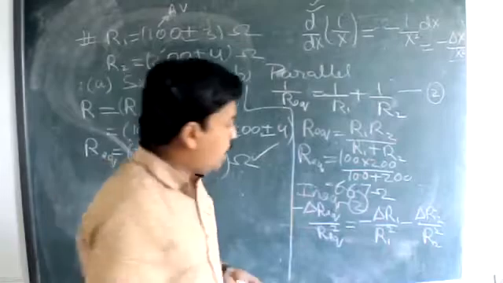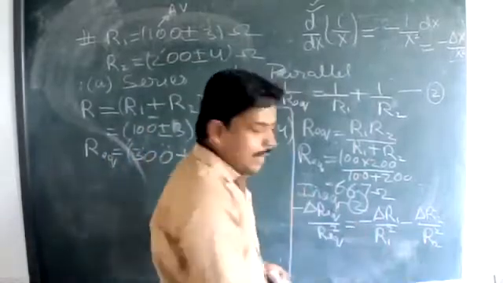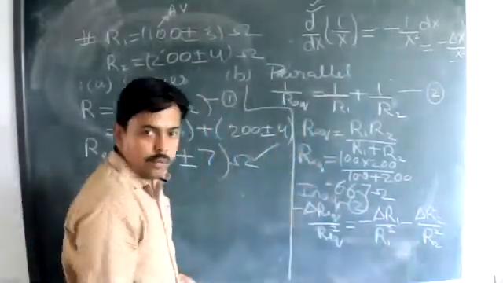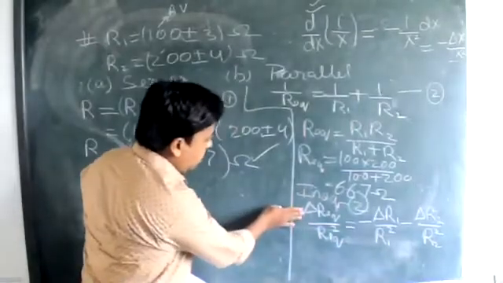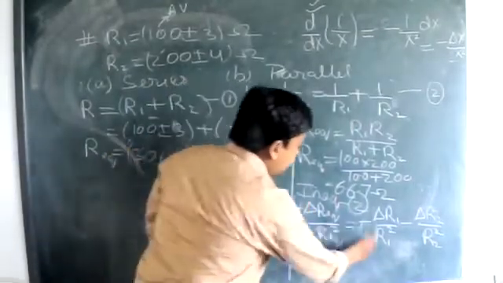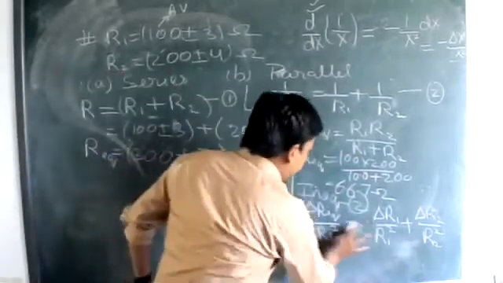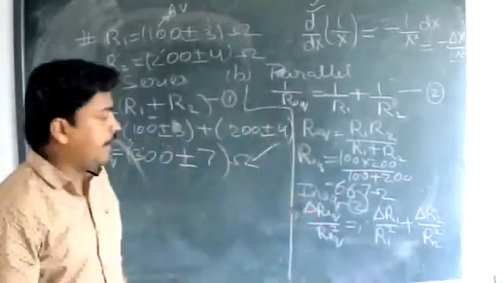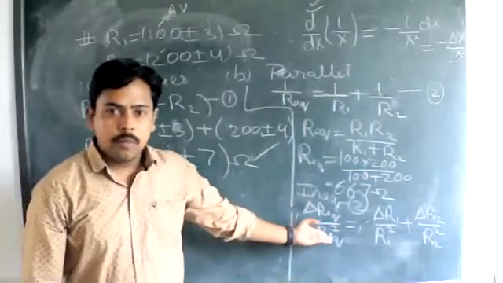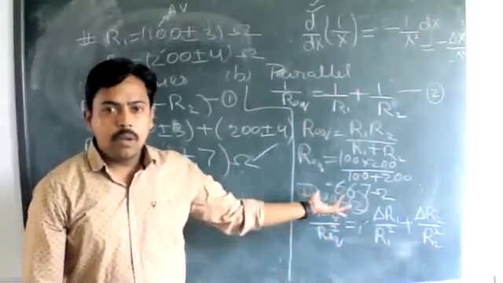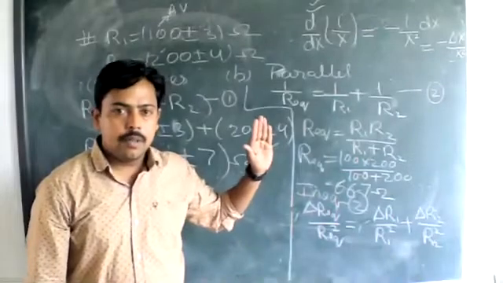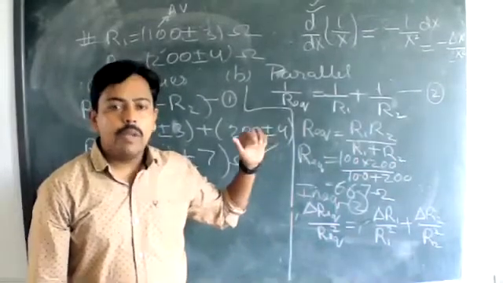Yes, sir. Because this minus will cancel out, and in between only plus will be there. If we take this common minus, the minus on both sides will cancel out, and there will be only a plus sign. So instead of writing this in negative, we can write it like this also. Now, are we getting this? We are getting or not?